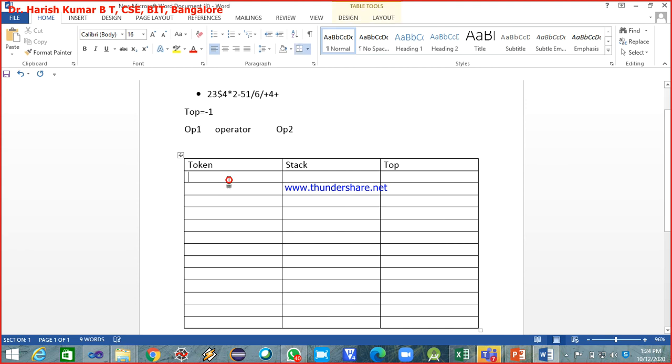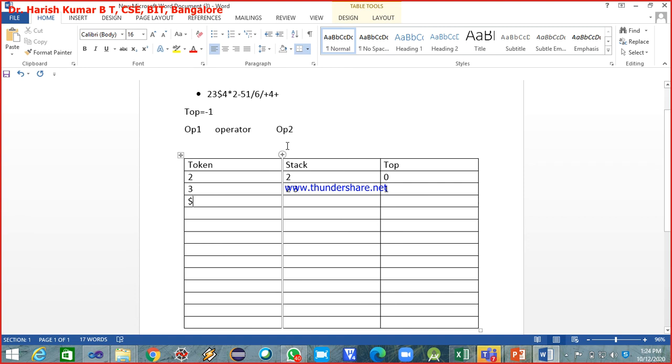So the first token scanned is 2. It is pushed onto the stack, and the top value is 0. The next symbol scanned is 3, and it is also an operand pushed onto the stack. Top value is 1, and the next symbol scanned is dollar. So it is an operator.